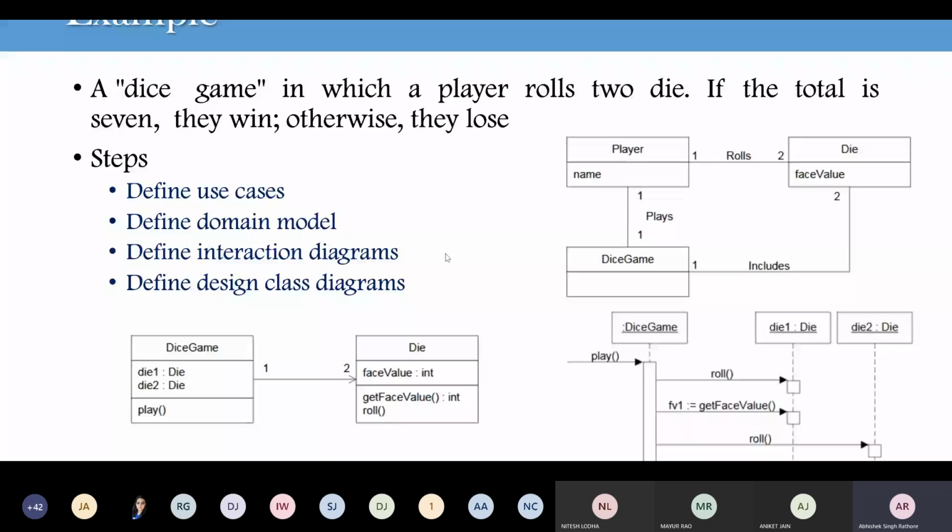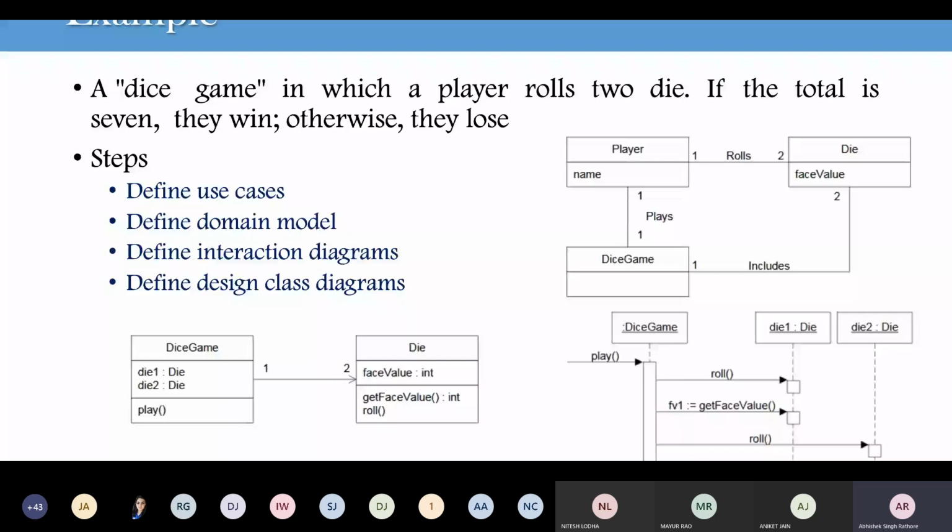So these are the basic steps. You start by writing a use case diagram, where you identify different concepts and the requirements being modeled. Then we go for a domain model, where we identify a visualization of our overall system. Then we go for the interaction diagram, where we find different collaborations between instances of different classes.